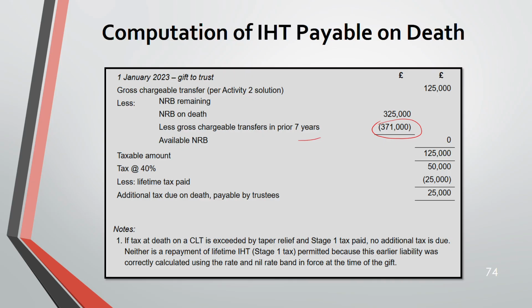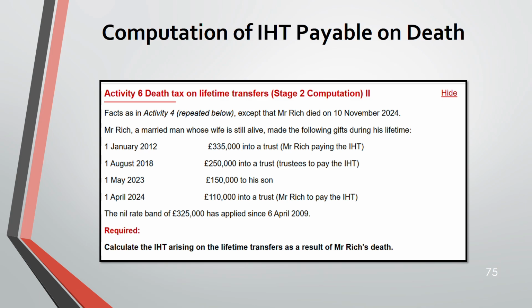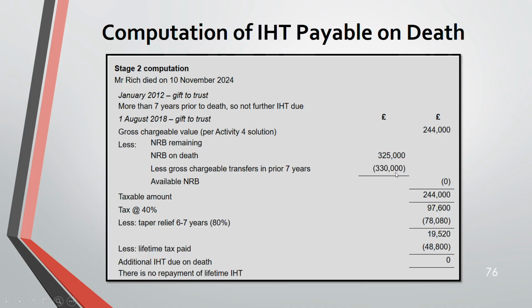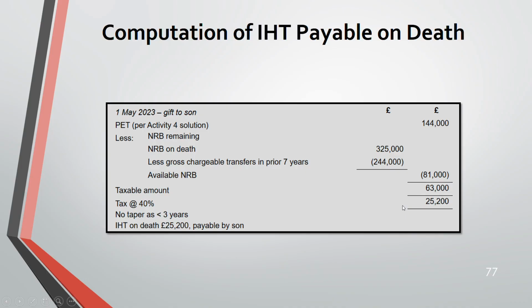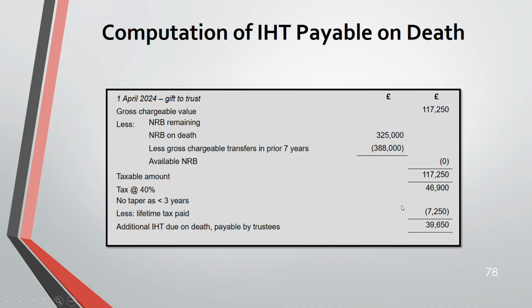This we'll see in activity 6. So activity 6 is the same information as activity 4. The only thing is now Mr. Rich dies on 10th November 2024. So what is the impact? So all this we have calculated. We know. So this is similar to that. I don't have to show anything. The only difference is